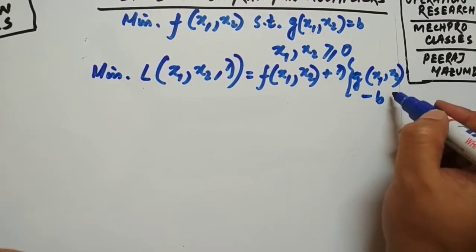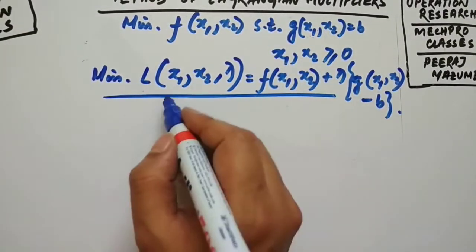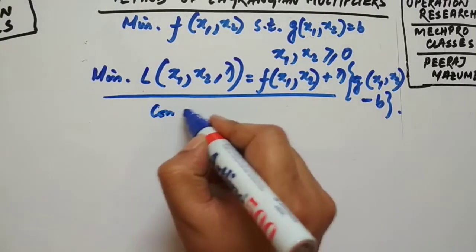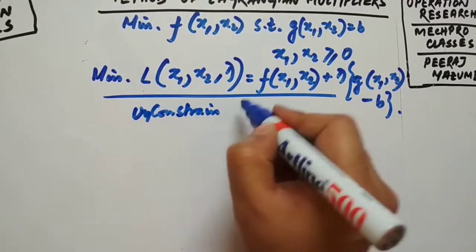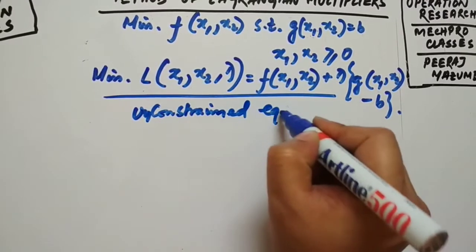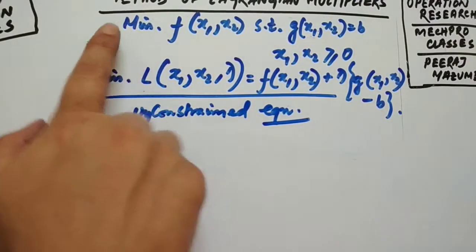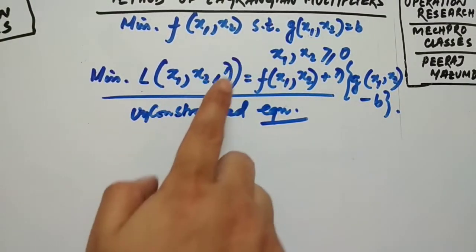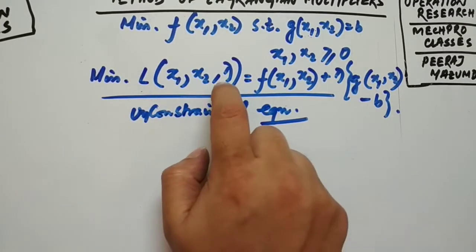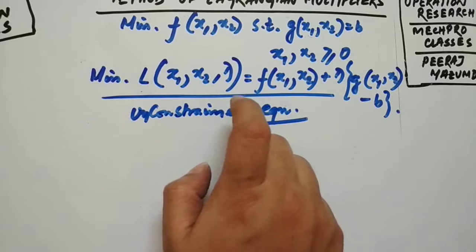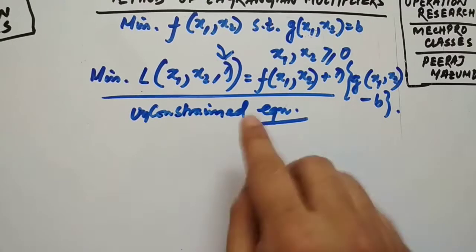This is g. Okay, this one only I can write. And now this one I can say as a constraint, unconstrained equation. Okay, so first step is you have to convert the given constraint equation into an unconstrained equation. That is in this way. You have to introduce a new parameter, that is a Lagrange multiplier, this term. Okay, this lambda one. Okay, how you can convert it?